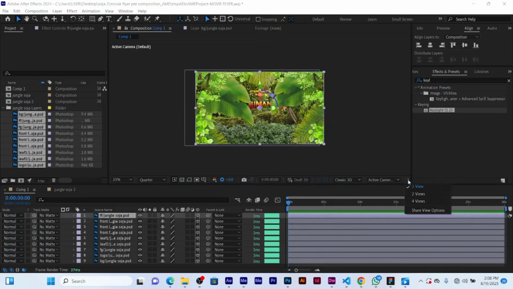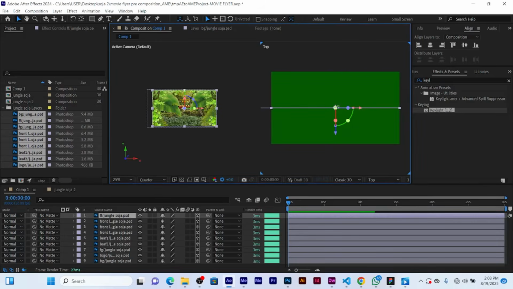Click on it, and you can see that we have one view, two views, and then four views. We need to change it to two views. When you change it to two views, you see the top here is showing top, and then we have the active camera. When you change it to four,